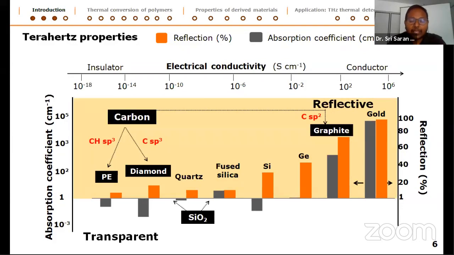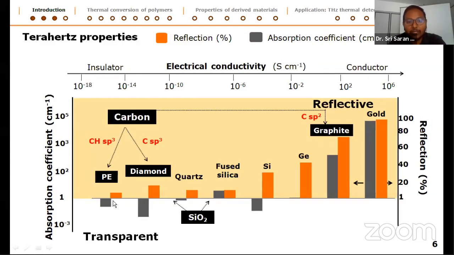So let us see the terahertz properties of commonly existing materials. We have characterized the materials according to their electrical conductivity. As you see, the insulators are given here, the conductors are here, and the semiconductors are in between them. The reflection is given in orange and the absorption coefficient is given in gray. What you can notice from this diagram is that metals, when they are electrical conductors, are very much absorbing and at the same time they are reflective. On the other hand, the insulators like polyethylene or diamond are transparent and